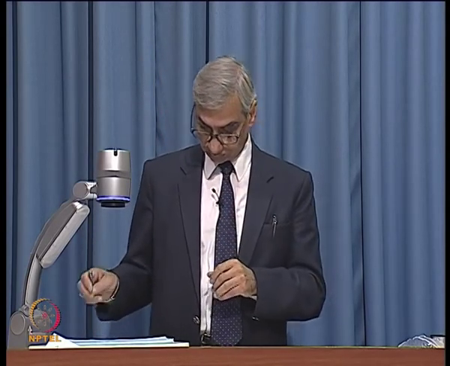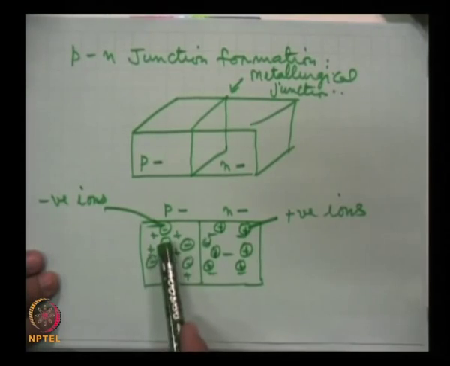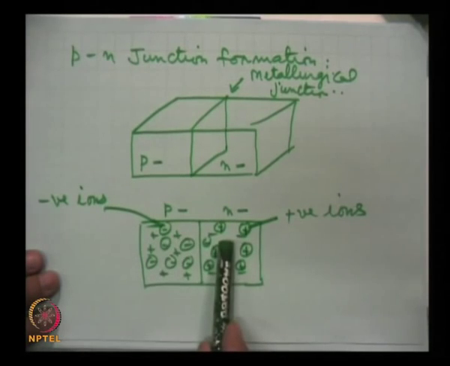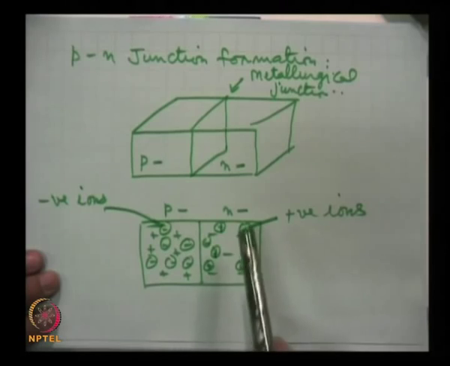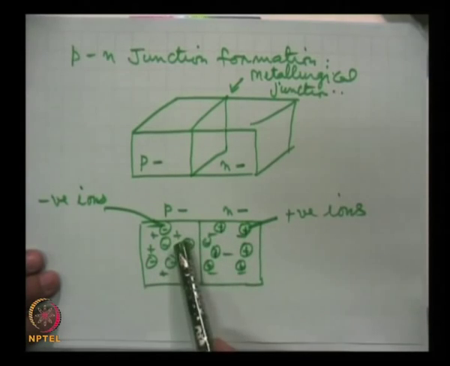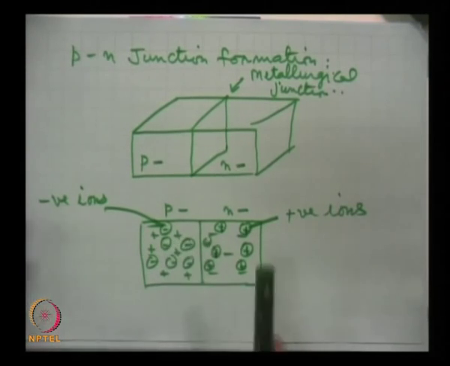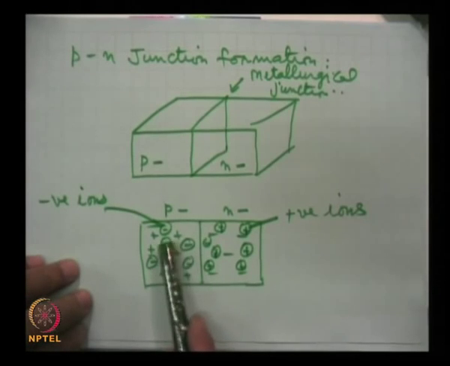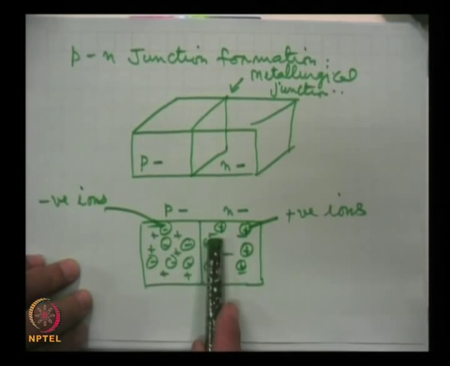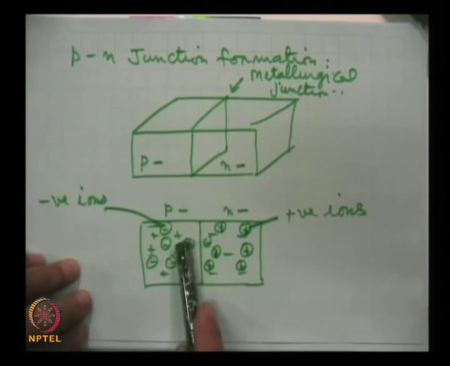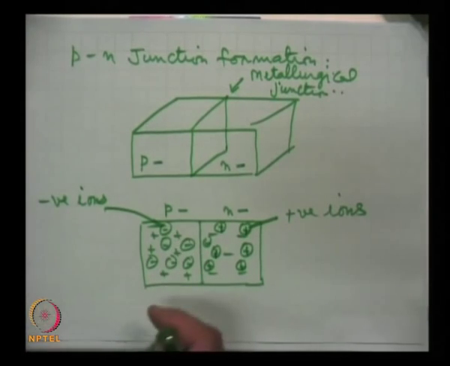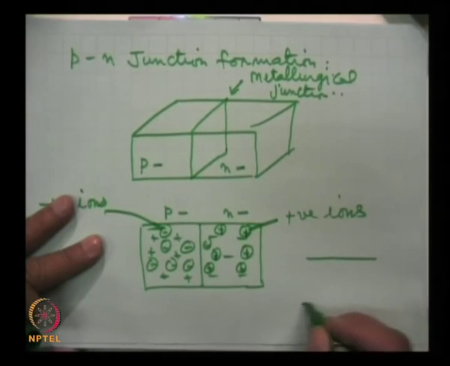Now, when diffusion occurs, diffusion of holes from p side to the n side and diffusion of electrons from n side to p side, this will start as a most natural process. What will happen when holes diffuse from here and electrons diffuse from here? They both are free. When they meet, they recombine, and in recombination what happens? If this is